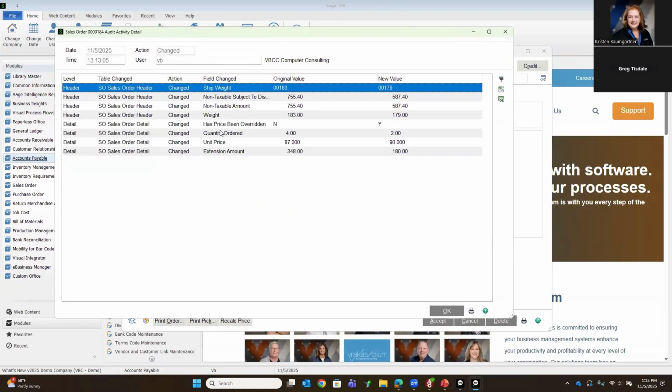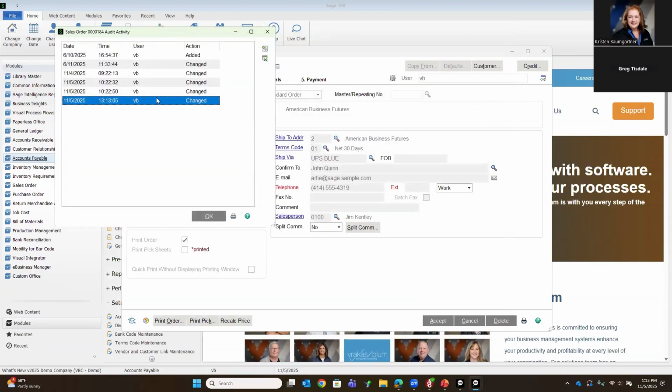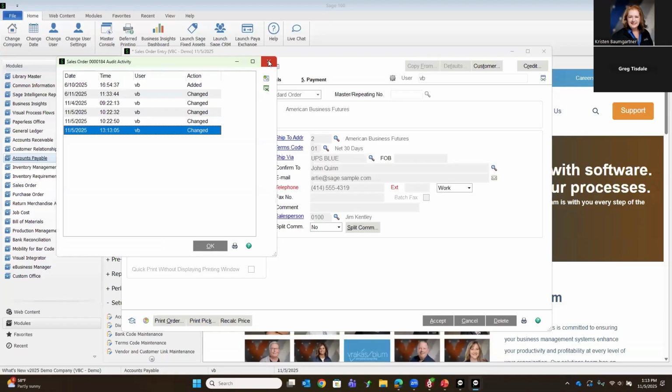And it's going to show me everything that was updated, including the fields in the summary in the header that are updated by the changing in the price. So this information can be printed. This information can be exported to Excel. Now, in addition to seeing this live on the screen,